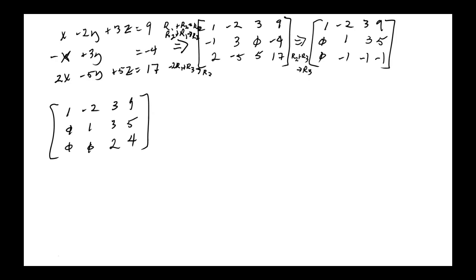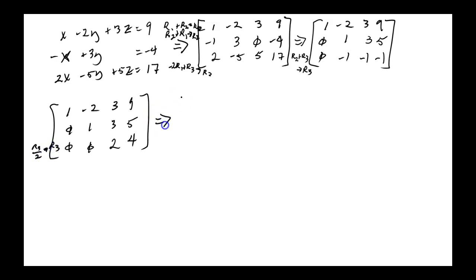You wanted a 1 there, you got it. 0 is below it, you got it. Leading non-zero entry here, a 1, you got it. 0 below it, you got it. Next. The 2 to become a 1. How do you make that happen? Divide by what? Multiply by 1/2 or divide by 2, either one. So row 3 divided by 2 is the new row 3.